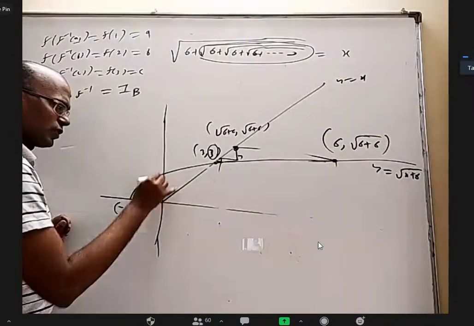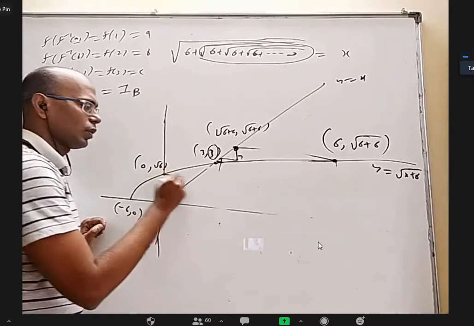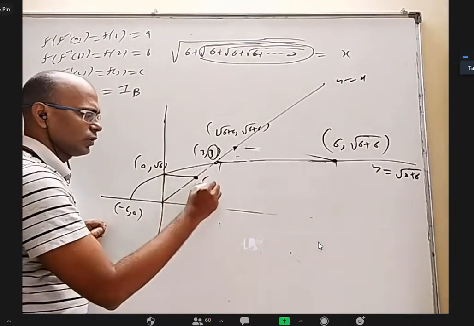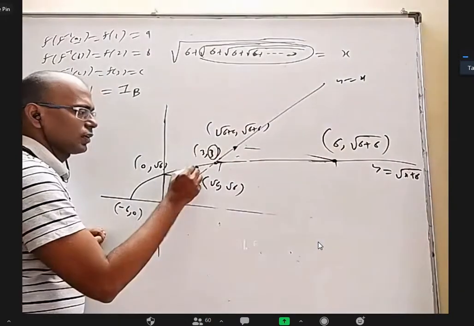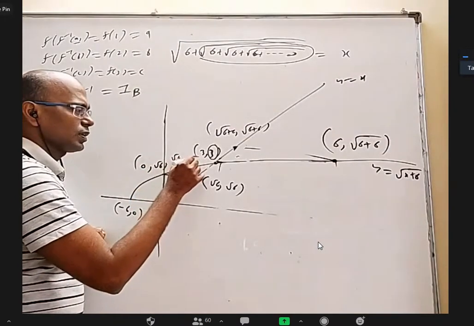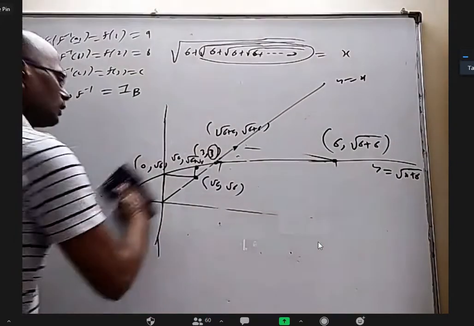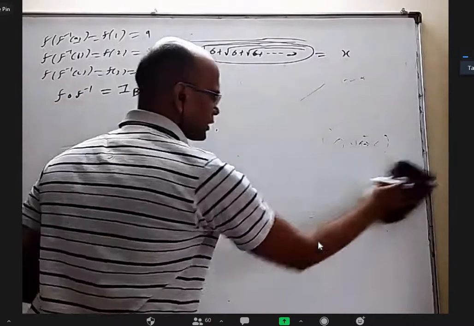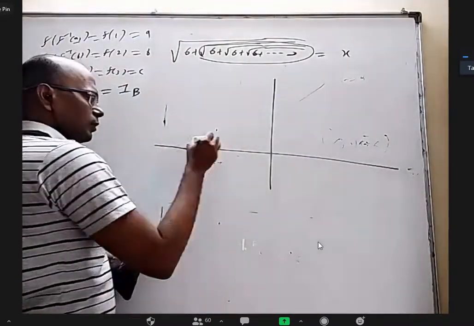If I would have started with 0, what is this point? 0 comma root 6. If I go horizontally, this is easier. What will the point be? Root 6 comma root 6. Now, if you go vertically on the curve, that point will be root 6 comma root over 6 plus root 6. Yeah, you will realize this more. My first figure is only good. Okay, I'll give a little hint and I'll stop here. Later on, you can explore. Mainly, what you need is a bigger figure here.